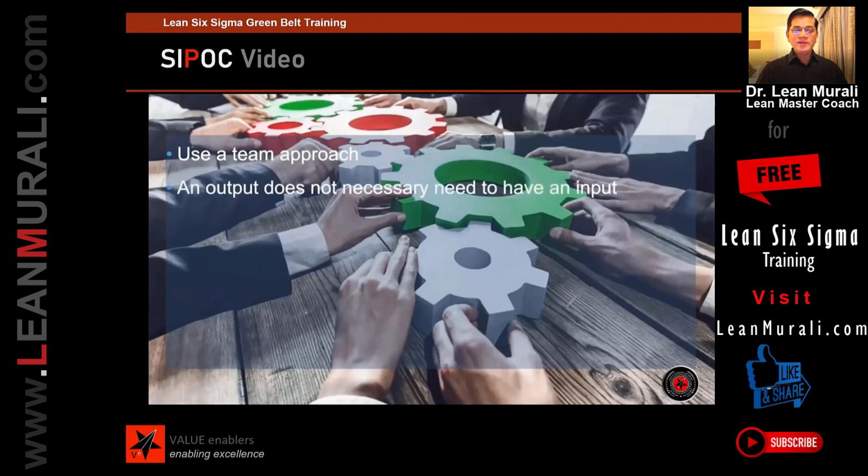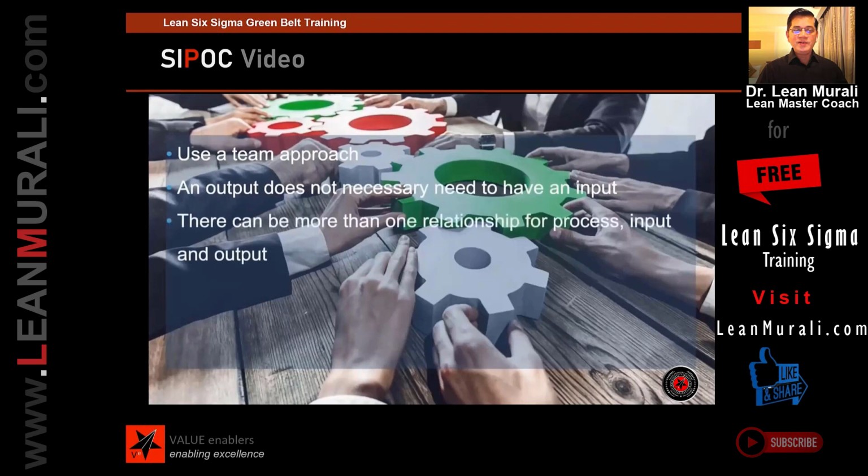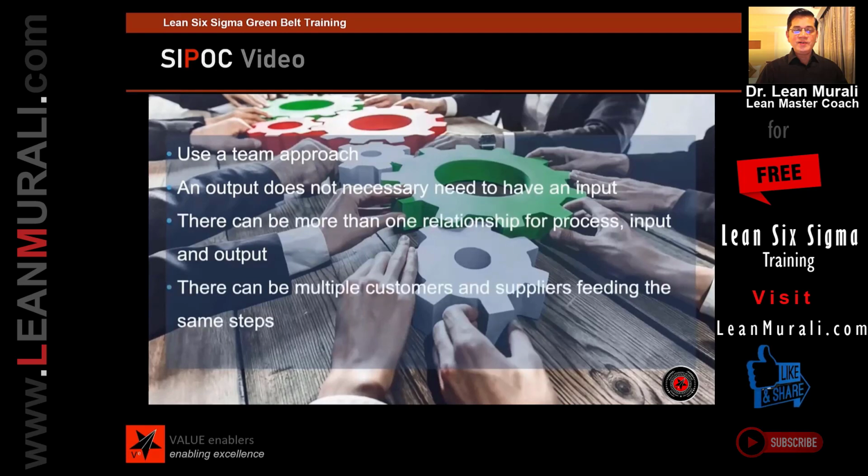And then as we saw before, an output does not necessarily need to have an input. And there can be more than one relationship for process, input, and outputs. There can be multiple customers and suppliers feeding the same step. And then at the end, I'm going to repeat this: try to limit the process steps to a maximum